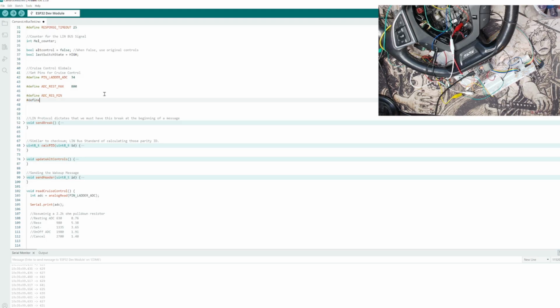Define ADC_RES_MAX. And we want this to be kind of in that range there. So we're going to say the minimum when you press res should be 900. This is going to allow for a little bit of a variance, because remember, when we press this res button, we see it kind of fluctuates a little bit. And we're going to set the max at somewhere halfway in between, let's say